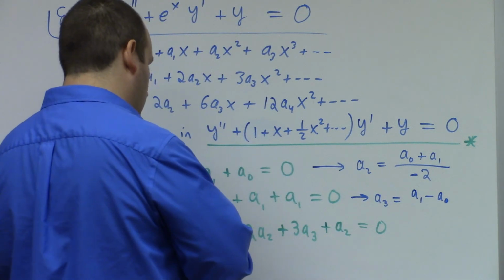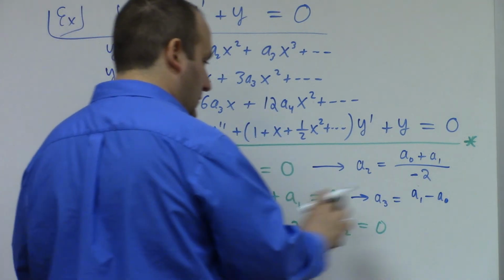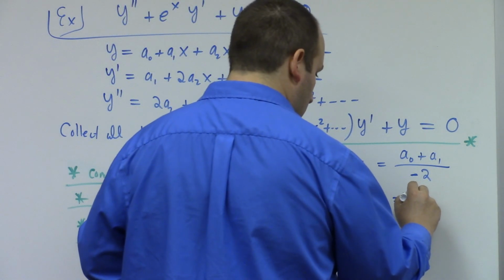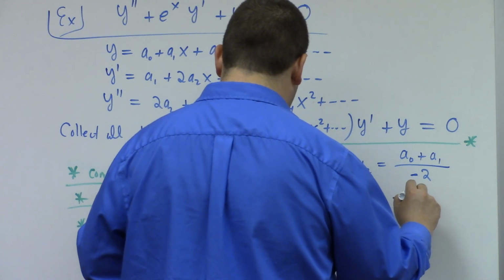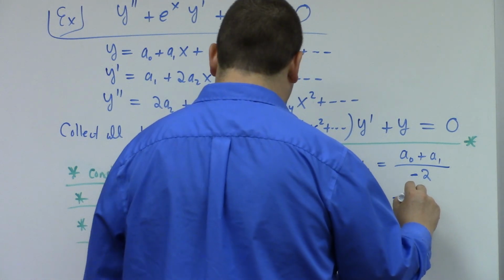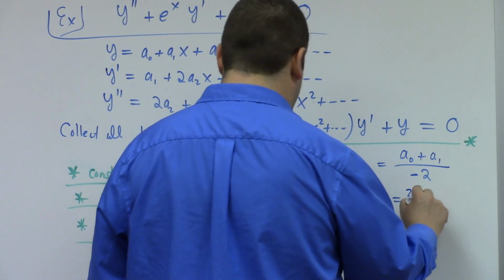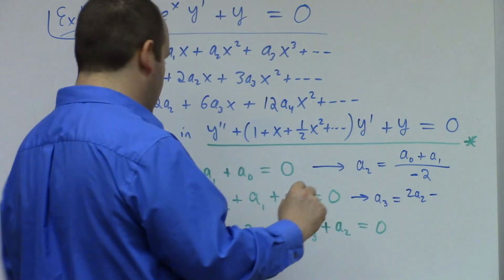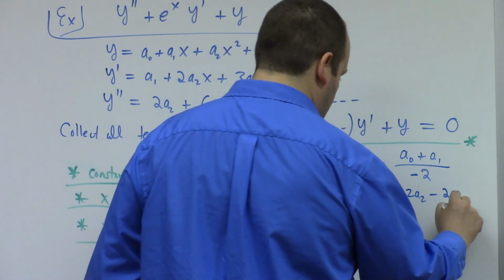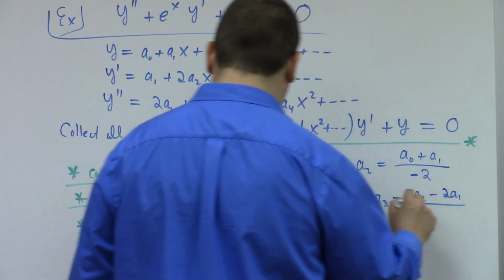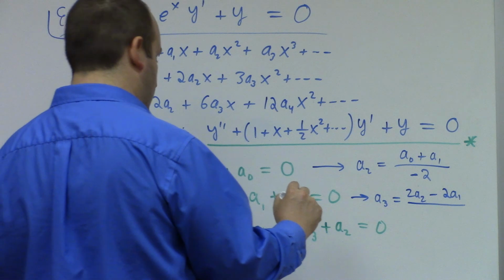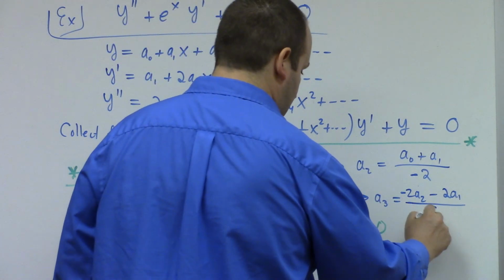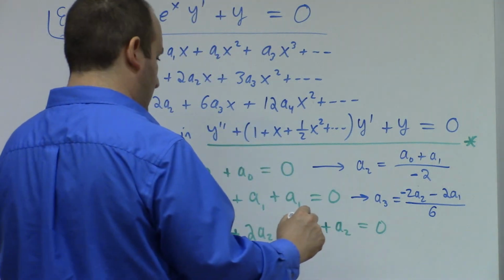Should be negative a naught minus a naught. Fine, I'll write it out. 2a2 minus 2. Oh, these are a1. These are both a1s, aren't they? So minus 2a1, all divided by... I'm an idiot. So there's minuses on both of these, right? And then 6. But this